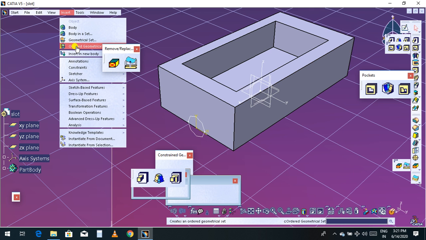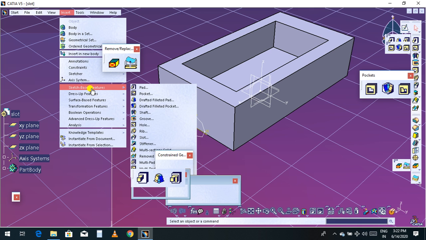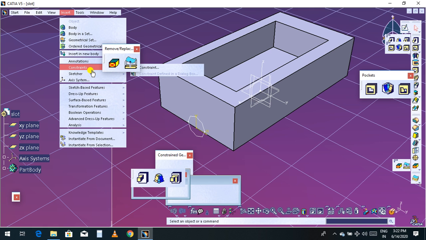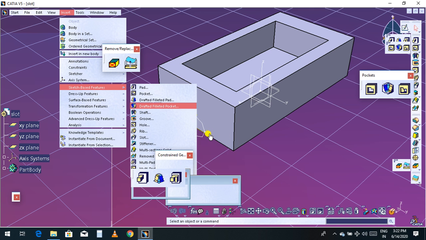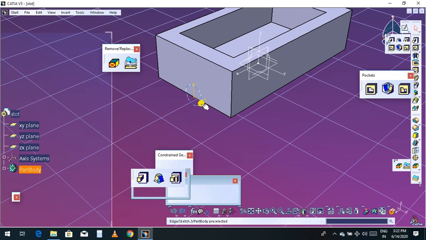Go to insert, select this face and a sketch.